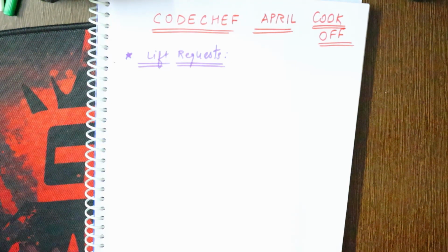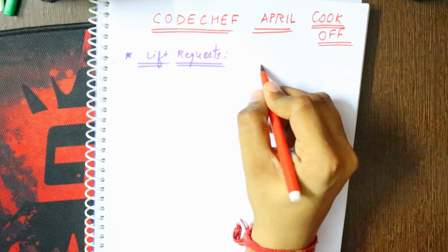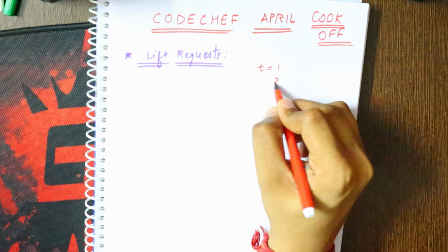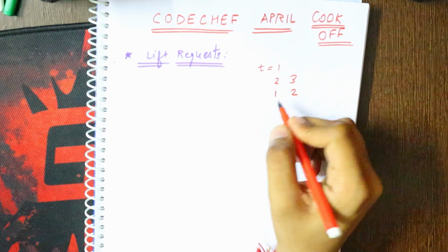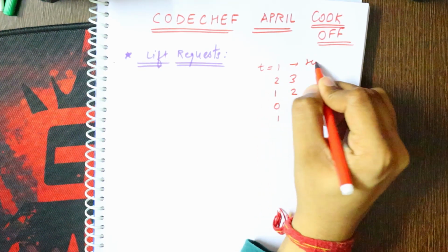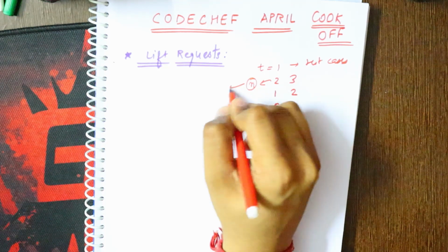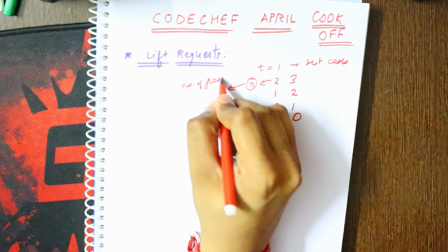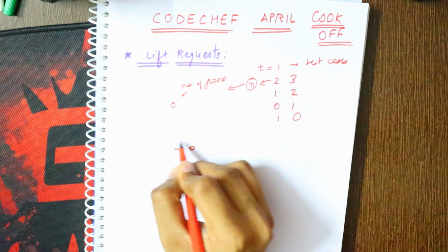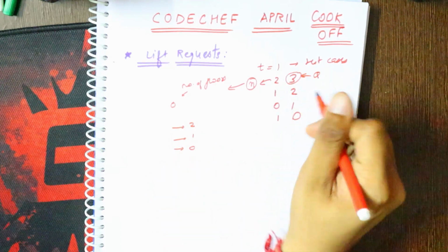First of all, instead of reading the whole problem, I will explain the first case. In the case, first you will have t. So first I should write the case. It is 1, 2, 3, 1, 2, 0, 1 and 1, 0. So first we have t, the number of test cases. Then we will have n, which indicates the number of floors, and the floors start from 0. So in this case the floors are 0, 1 and 2, and these indicate q, which are the q